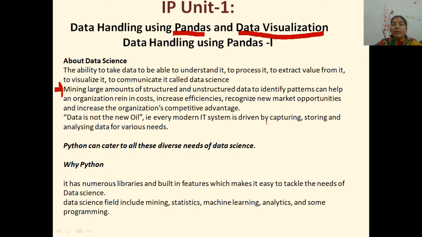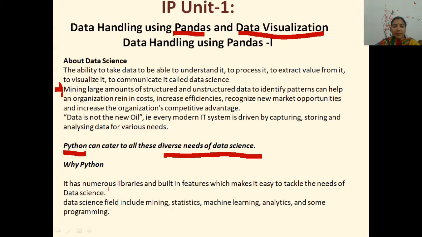We are being driven by capturing, storing, and analyzing the data for various needs. And because this programming language, Python, can cater to all these diverse needs of data science, that is why we prefer the Python programming language. Now, why Python? I have already said it is able to cater to the diverse needs of data science. Once again, why Python only?